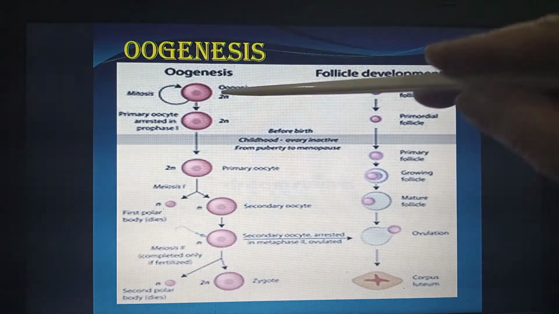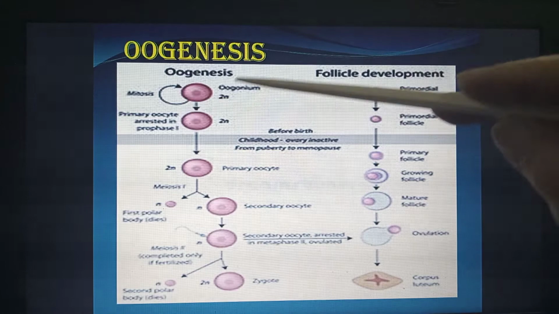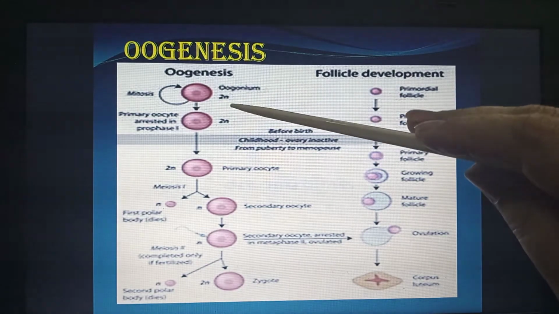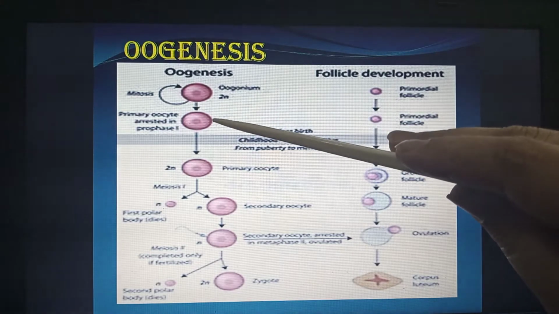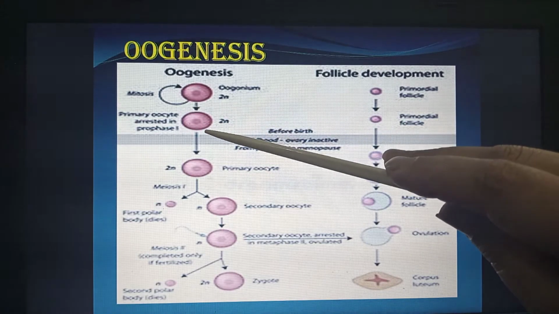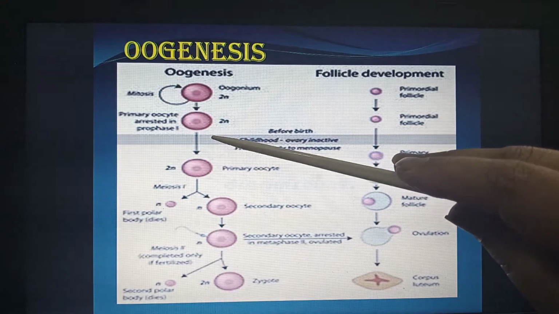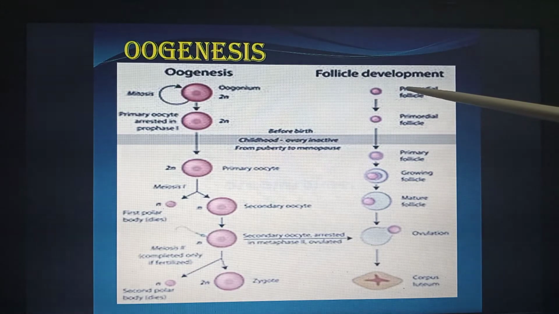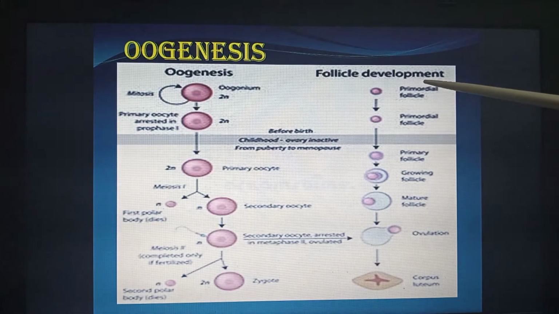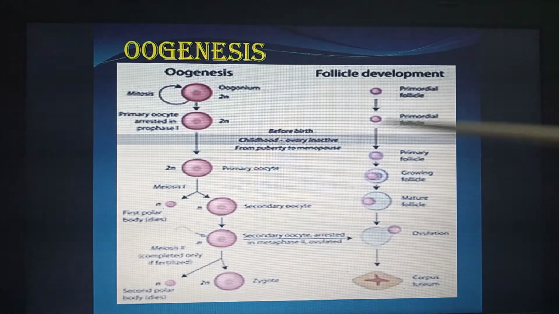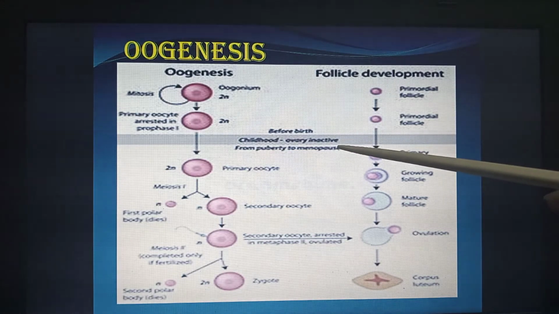First of all, this 2N oogonium is formed, and then the primary oocyte is produced, which is 2N, and all that is before birth. With follicle development, you can see the primordial follicle and again the primordial follicle. After childhood,